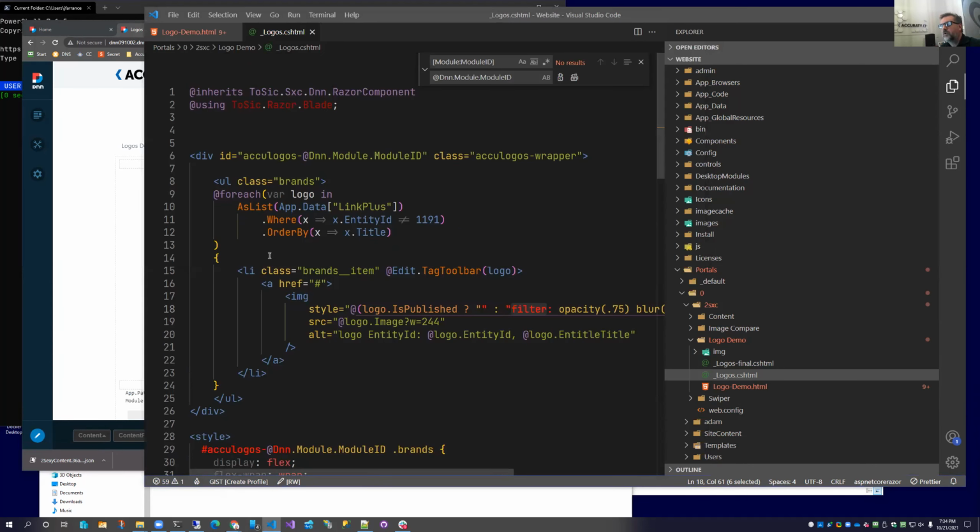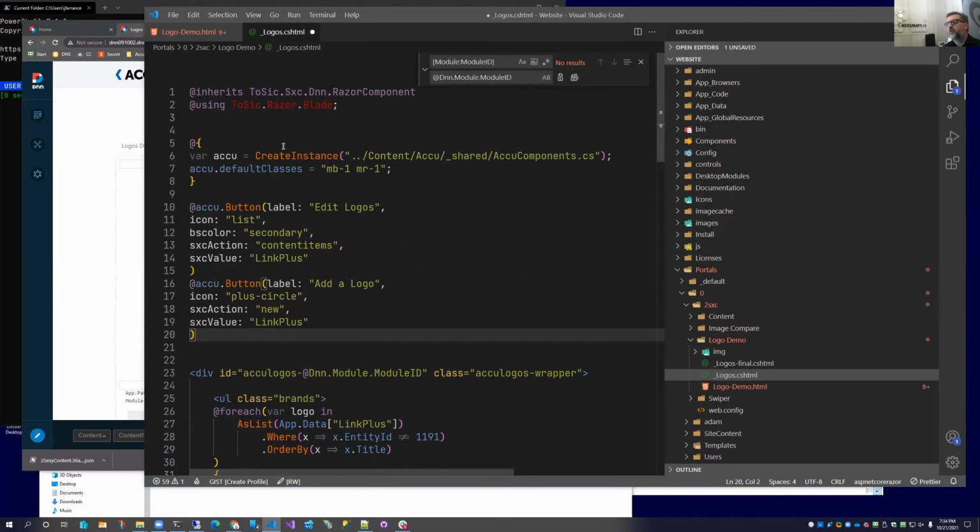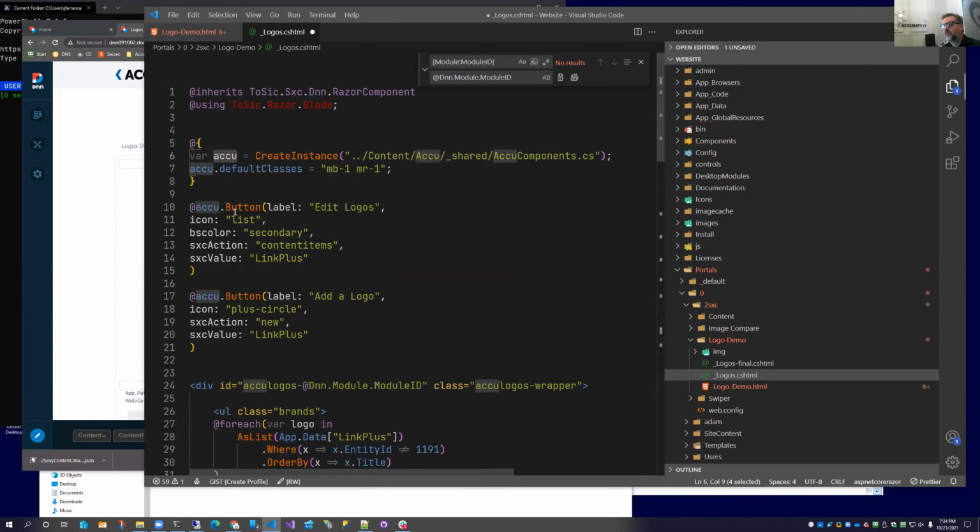So we have our old, this is an old project, but we have our old button components, and we map to it. It's a CS file that gets compiled into a library. It's compile time, which is why I had to point out in the beginning that we're using the newer code DOM, because there's a lot of string interpolation in there. But notice the simplicity of get a handle on my object, pass it some defaults, and now I'm giving it a label, an icon. BS means bootstrap, so we're actually using bootstrap colors.